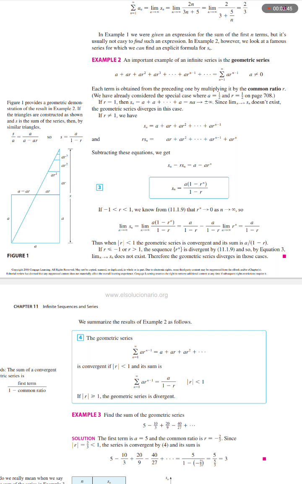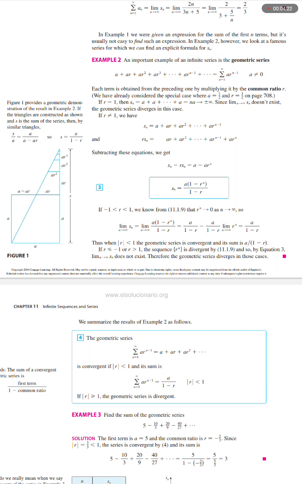Back to the text. If R equals 1, then S sub n equals A plus ellipsis plus A equals nA, which approaches positive or negative infinity. Since the limit as n approaches infinity of S sub n does not exist, the geometric series diverges in this case. If R does not equal 1, we have S sub n